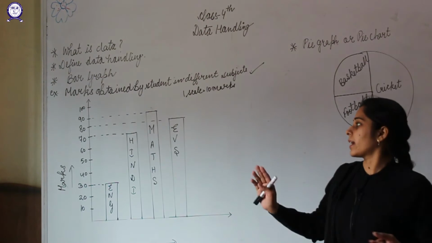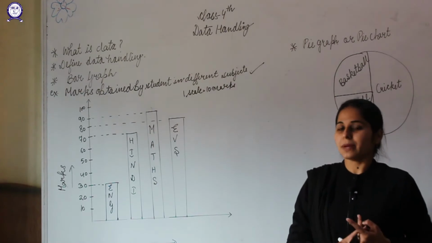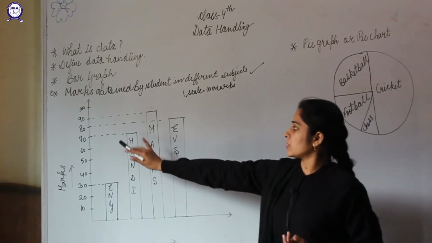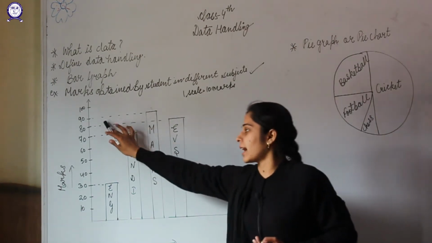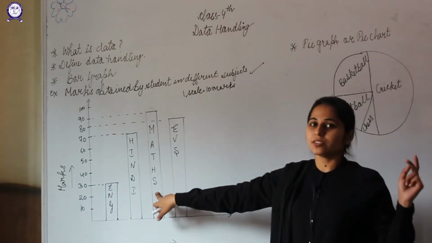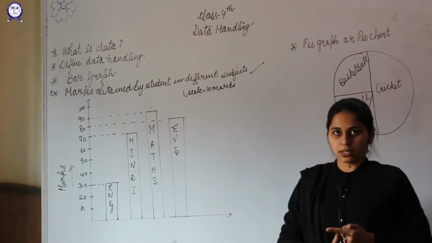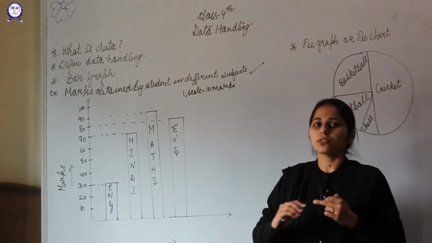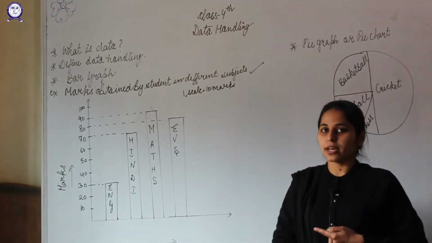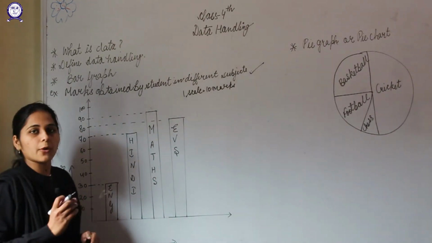Second question that can arise is, in which subject did the student get the maximum marks? First of all, what is the maximum value? Maximum value is the highest value or the greatest number in your information. The highest number is 90, and he has got it in which subject? Maths. So in maths the student has got the highest or maximum marks. Third question that can arise is, in which subject has the student got the least marks, or minimum marks, or the lowest marks? That is English. And how many marks has the student got in English? 30.